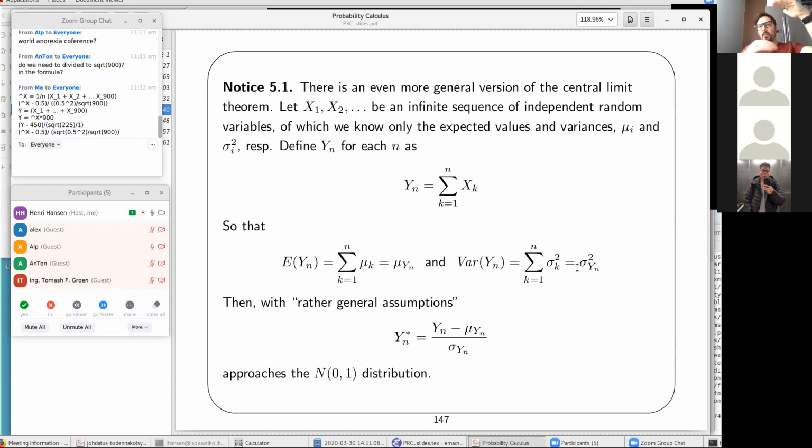So we assume that these are not variables that approach a constant somewhere or something like this in a pathological way. So we define this yn